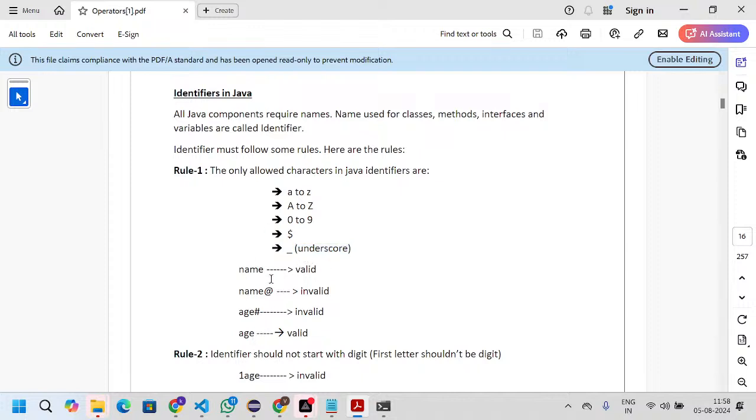These are some combinations. You can write a name like this, valid, and like this, invalid. Why? Because at the rate symbol is not allowed. This is not an allowed character. This is invalid. And a hash, hash is also not an allowed character. These are multiple combinations.